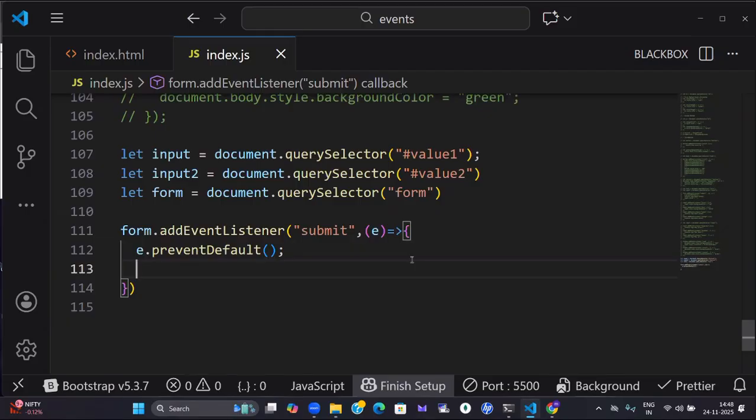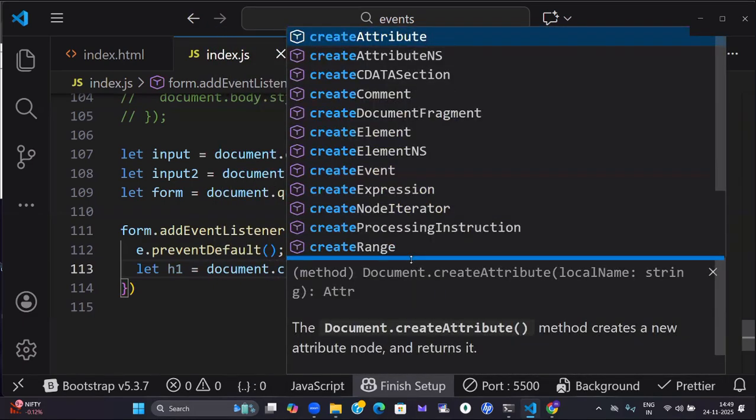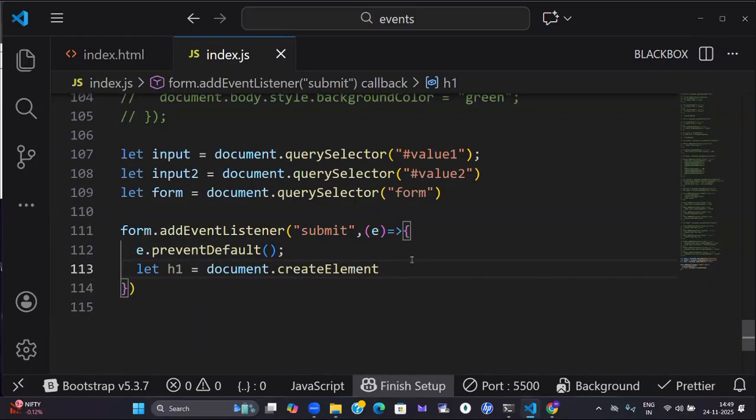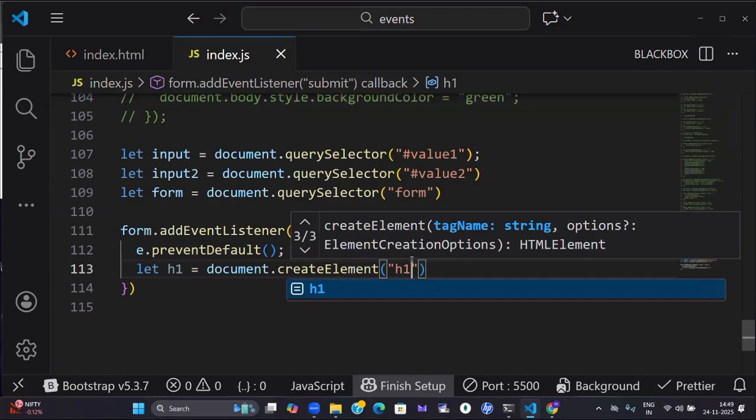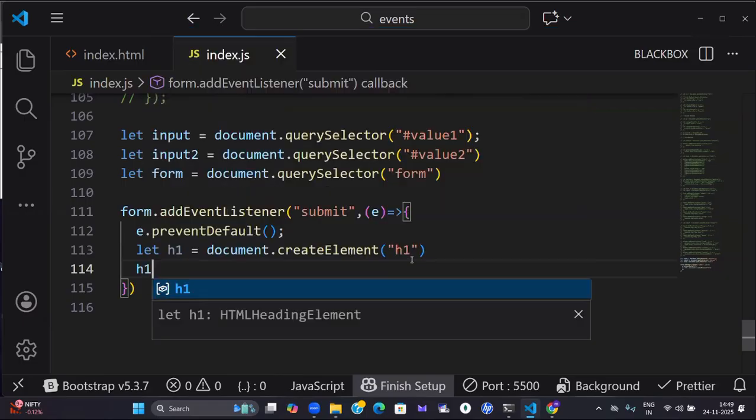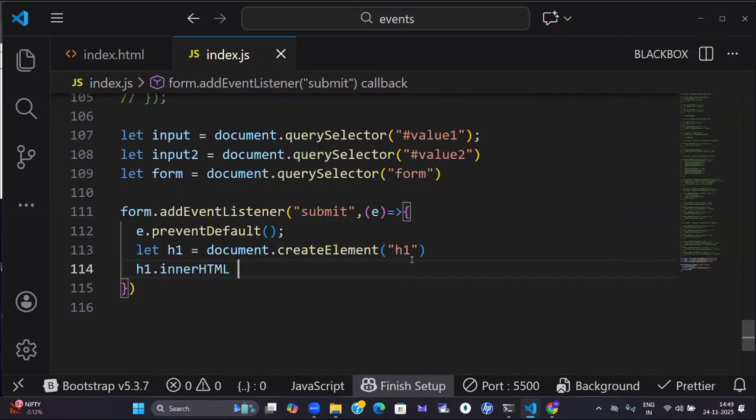So what I will write here: let h1 = document.createElement('h1'); h1.innerHTML equals the sum of the two numbers is